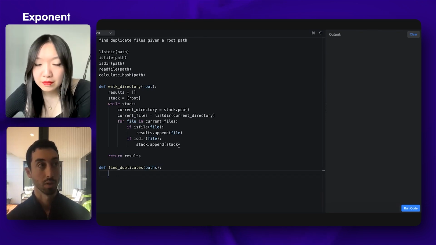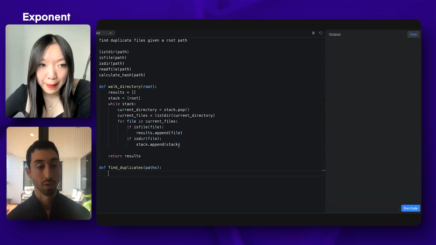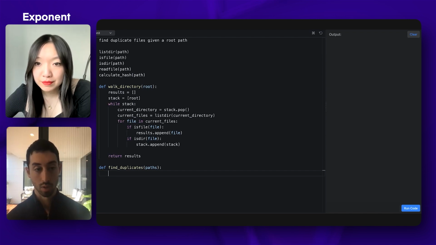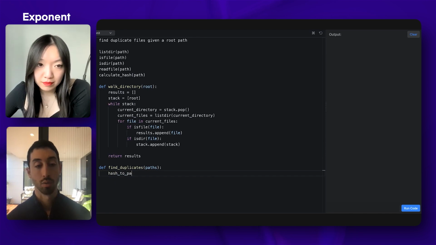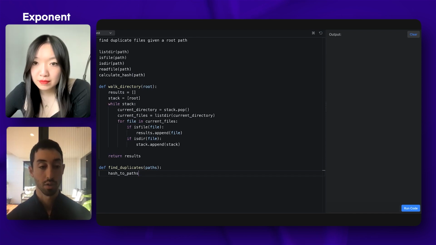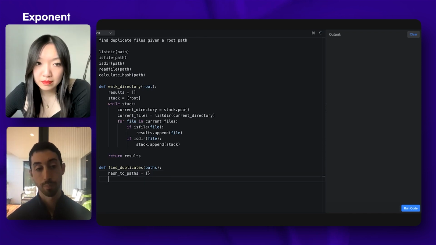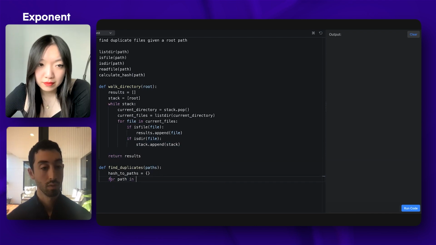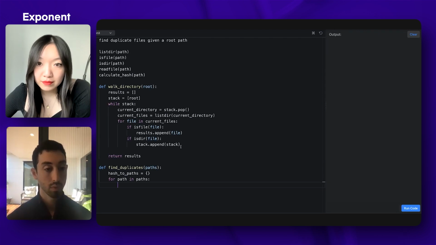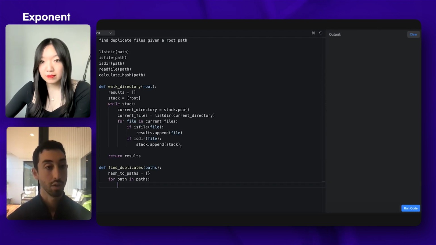So what I can do is, I need a map, like a dictionary from the hash to the paths that have this hash. And then for each path, I'll calculate the hash function.